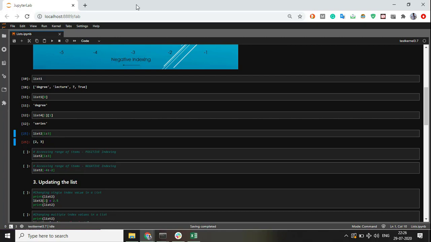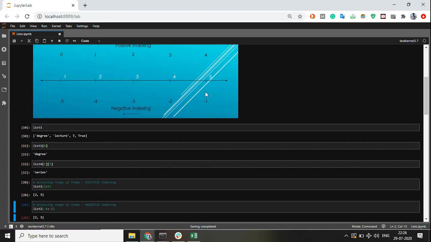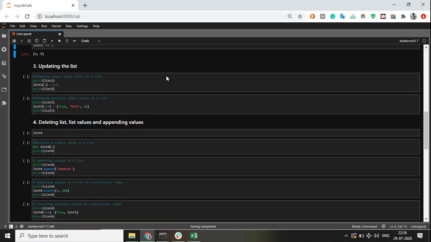That is sad. What Python does in this case is it always returns the values from index 1 to n minus 1. In our case n is 3, so it will always return from 1 to 3 minus 1, that is the second. So if I want to print the values from 2 to 4, I'll just have to write 1 to 4, right? So this is how indexing works. It always works from 1 to n minus 1. Always remember that. In a similar way, from 4 to minus 2. If someone is having a hard time understanding indexing, just refer to this image for better understanding. Right? Let's move on to updating the list.